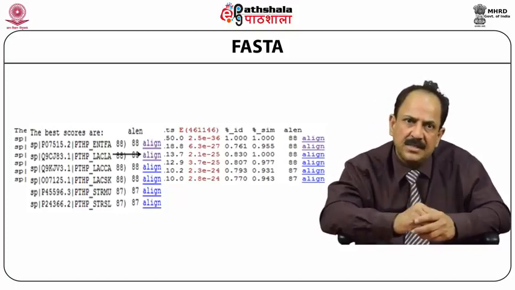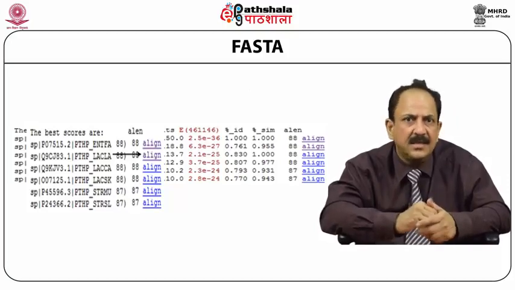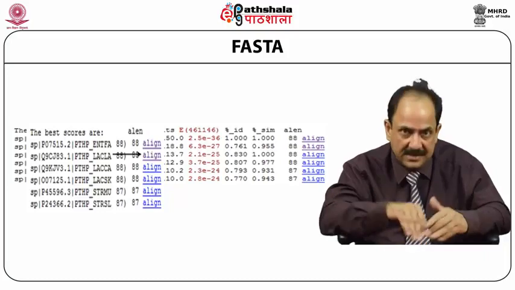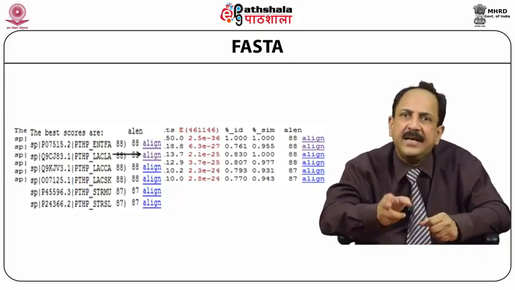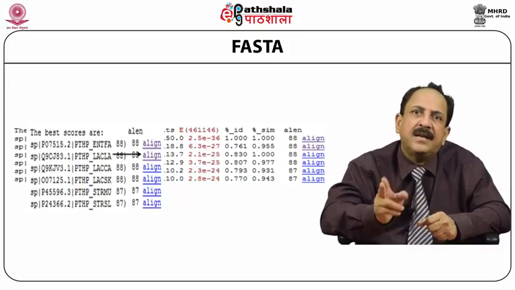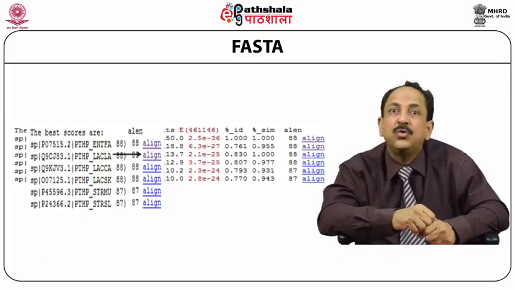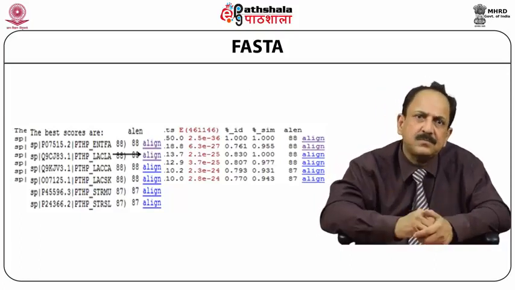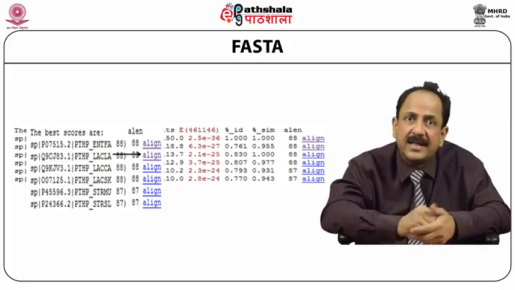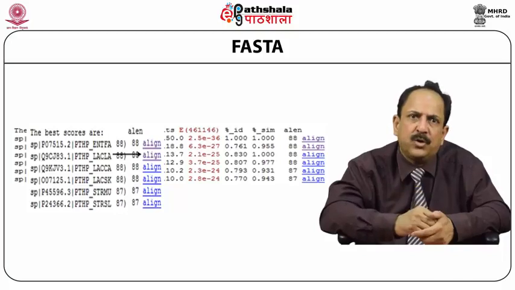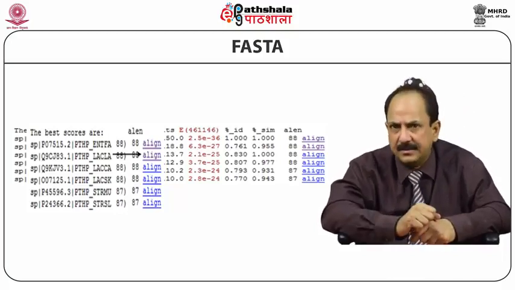The length of the query sequence in the present case is 88. The first match in the list is the match to the query itself. The second match is from Lactococcus lactis having 88 amino acids with alignment length 88 and e-value showing clear homology. Therefore, this is the first best alignment to be considered. To have a look at the actual alignment, click this protein in the last column hyperlink named Align.